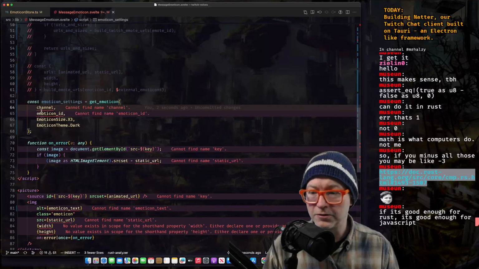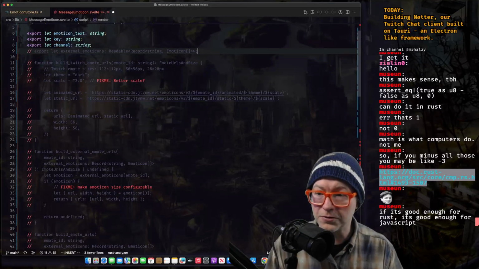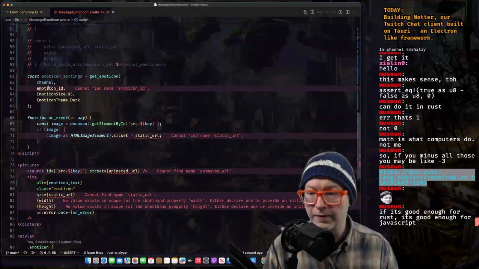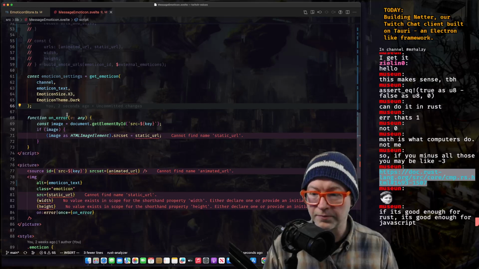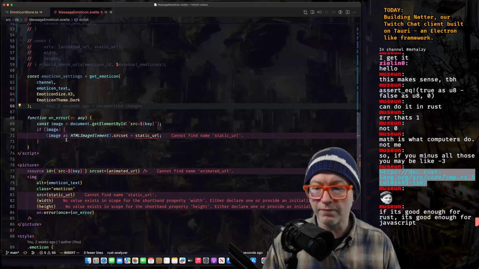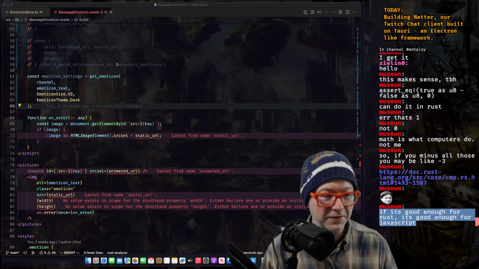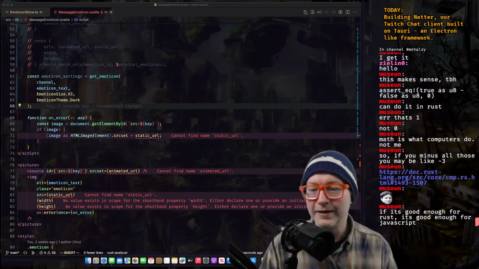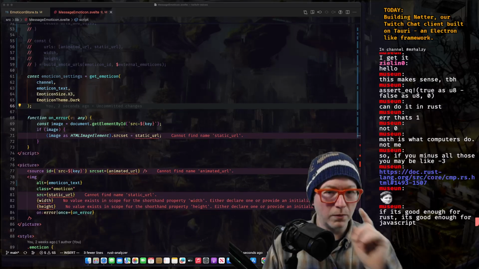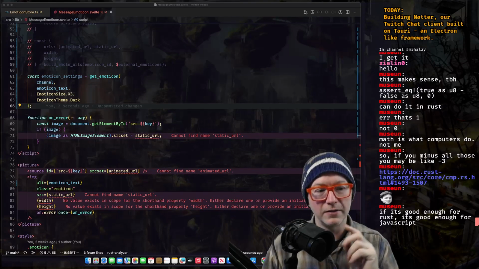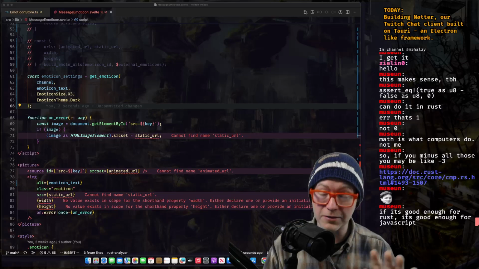Can I find channel? Okay, channel should have been passed in here. That's channel. Oh, there's a paren right there. That got closed early. Okay. Emoticon text. Okay. All right. If it's good enough for Rust, it's good enough for JavaScript. Okay. There's one tiny difference, right? In this case, Rust has an interface for comparing these. Perfect. Right? That's great. It's nice.